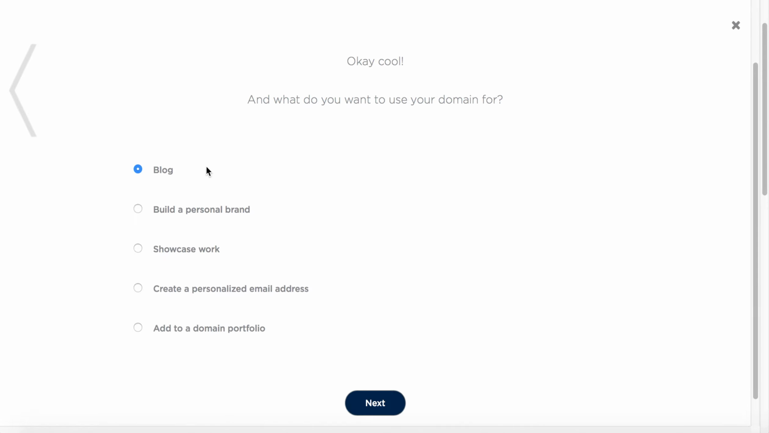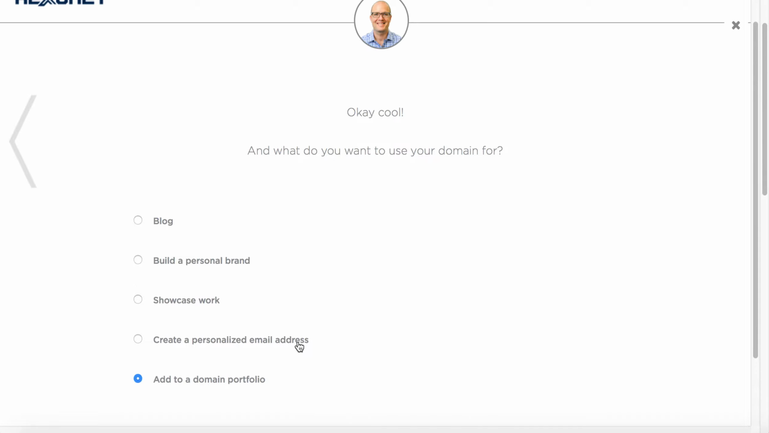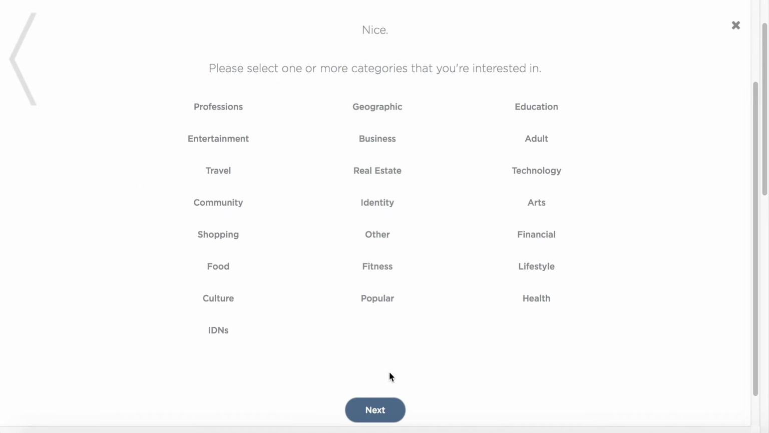Then when you go to personal, it'll give you a couple more options, whether you're registering or in search of something for a blog, a personal brand, something to showcase your work. Or if you're like me and you're a domain investor, then you can add a domain to a portfolio. So I'm just going to choose add a domain to a portfolio. Click next,